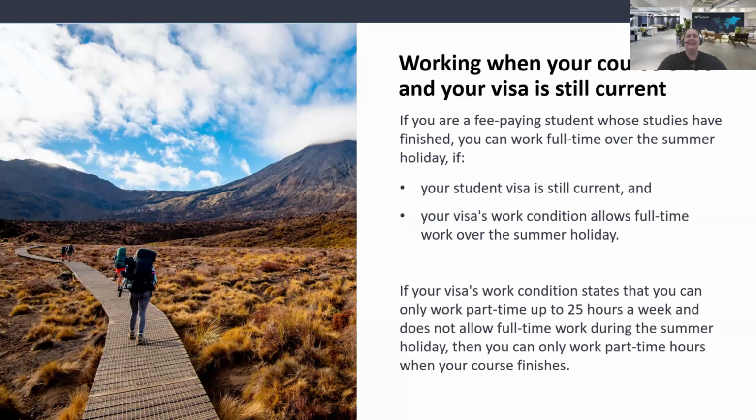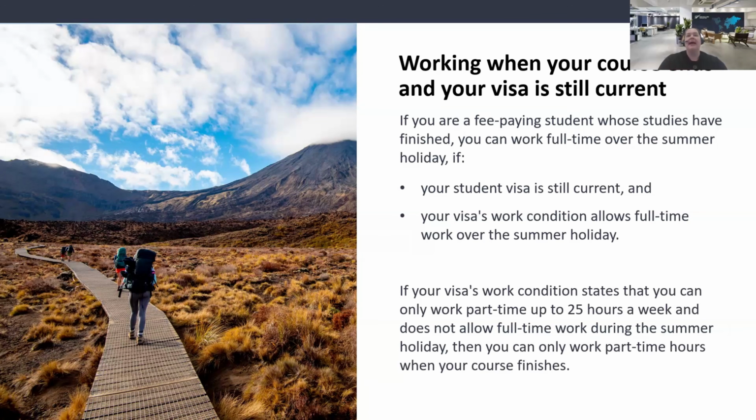Working when your course ends and your visa is still current. When a course finishes before a student visa expires, you need to check the work conditions attached to your visa to know if you can work in that break.